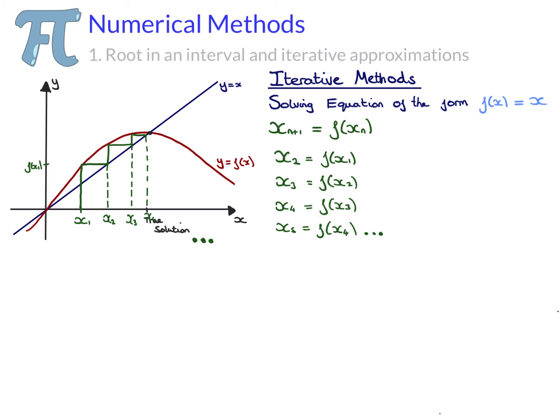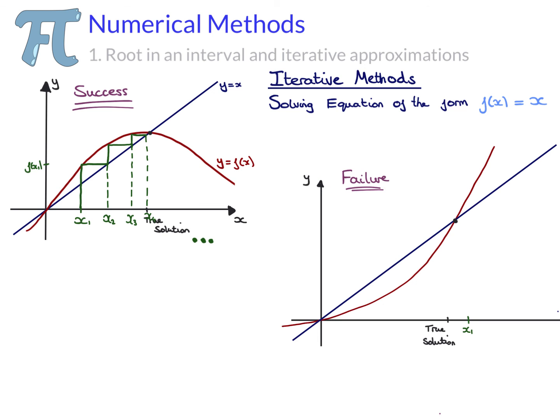Doing this can result in a few outcomes, not just success. Often, the guesses will converge towards the true answer. Equally, with a different initial guess, our successive guesses could diverge away from the true answer and off to infinity,